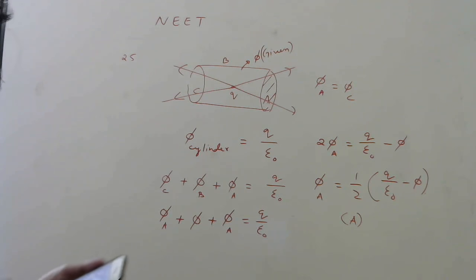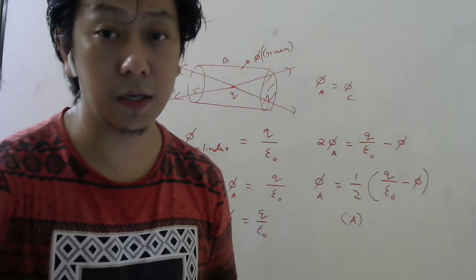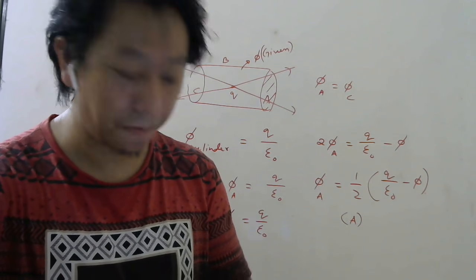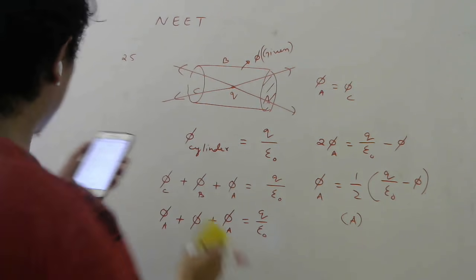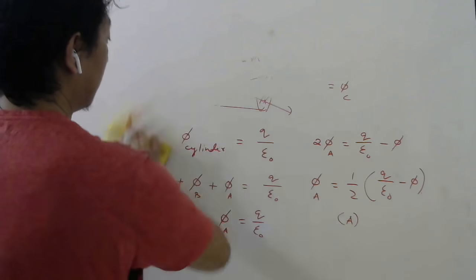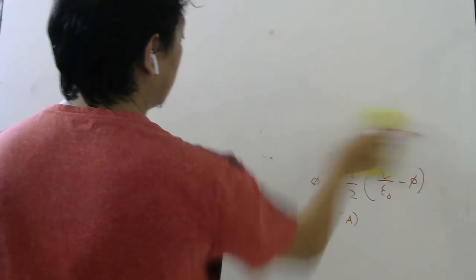Let's see the next one now. Question number 26. 26 is something similar to what we have done in our EPL numericals. So please try this problem yourself. It is quite simple. Let us go for question number 27. The electric field in a certain region is acting radially outwards, and is given by a formula E equals capital A into small r. This is question number 27. 26, students, is similar to one that we did already, so please check.